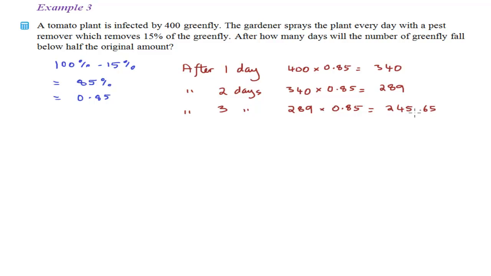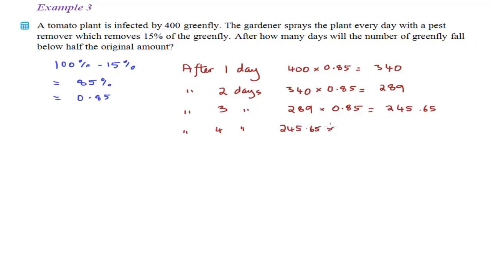Now you can't have 0.65 of a greenfly, so you can round this up or down, but there is no real major significance of rounding this to 245 or 246. Ultimately it's such a small quantity, it doesn't affect the final answer here. But we're not yet down to fewer than 200 greenfly, so we need to press on here and see what happens after 4 days. And I'm just going to keep all the accuracy in this calculation,